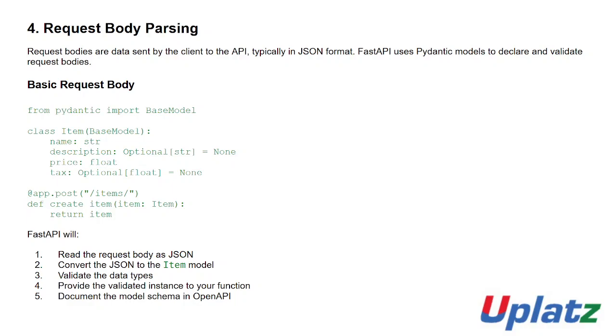Yes, from pydantic import BaseModel, class Item(BaseModel): name str, description Optional str equal to None, price float, tax Optional float equal to None. Then @app.post("/items"), def create_item of type Item. Of type Item means this is the Item class. Then return that item. Okay, so we got it. Next,